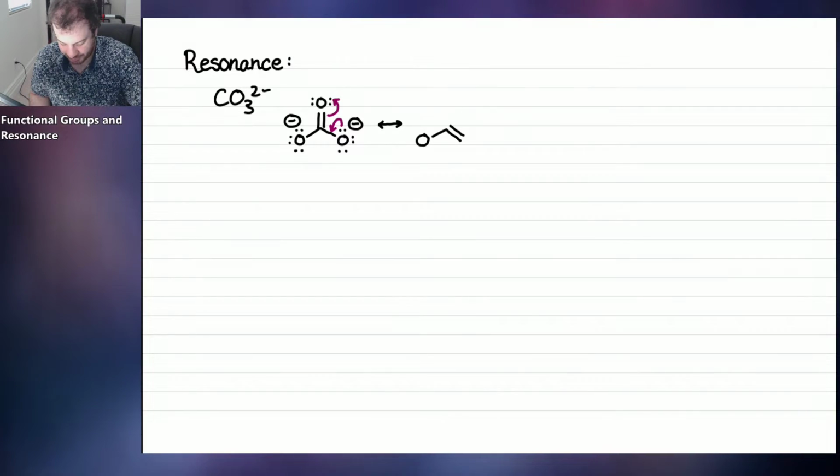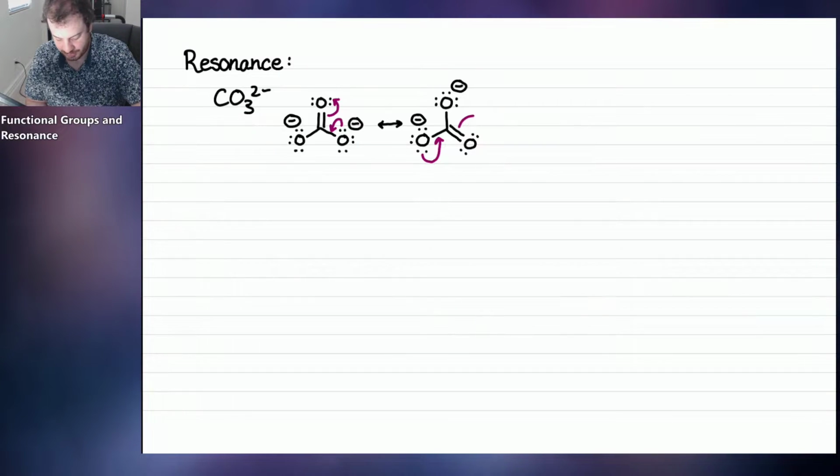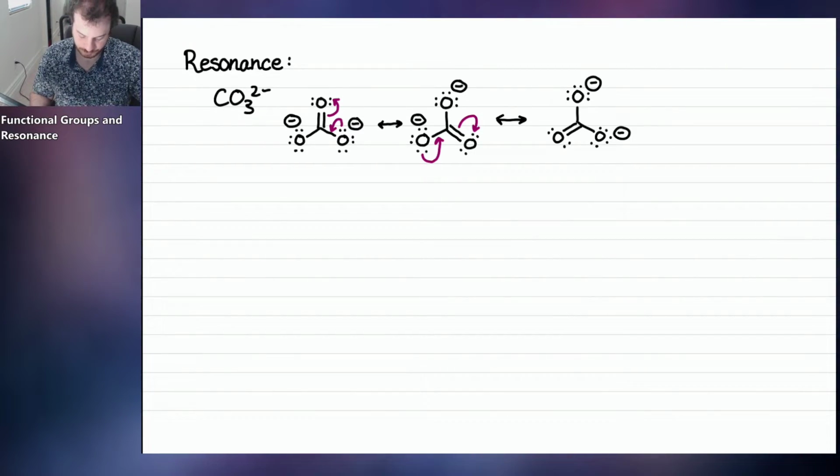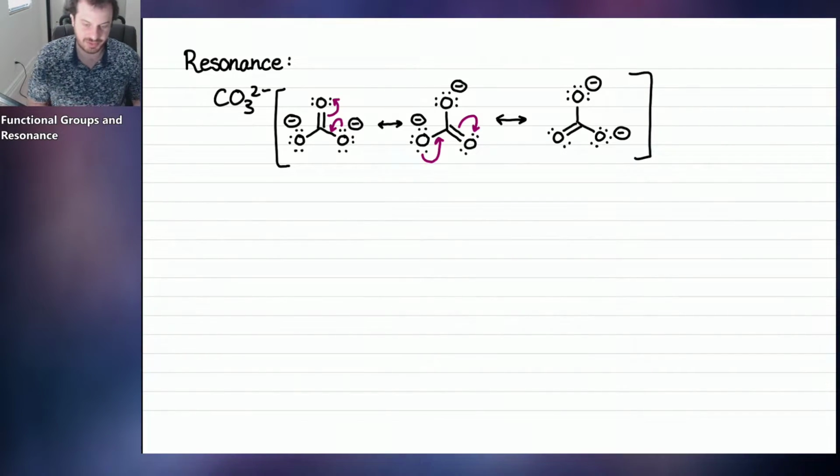And then we can draw another resonance structure, where the CO double bond has moved. We can draw another resonance structure. Now we can move this oxygen's lone pairs into the double bond, further delocalizing electrons. If we do that, we get this structure. Okay. And those are all the possible resonance structures for the carbonate anion. And then also what we like to do is add some brackets to show that these are all resonance structures.